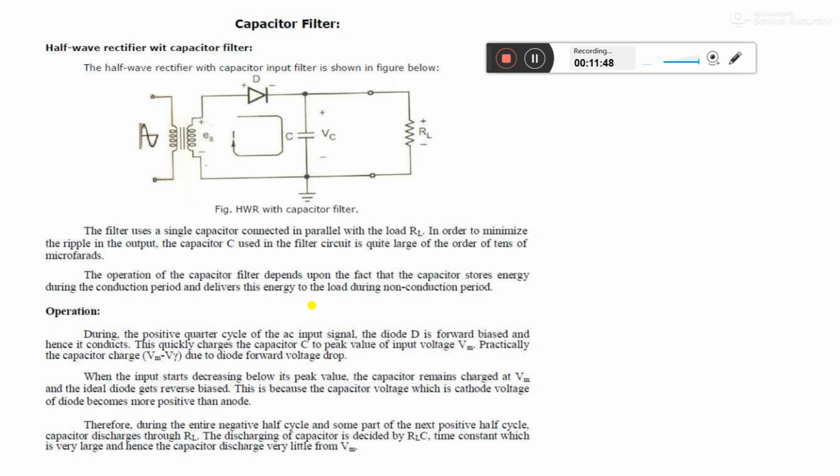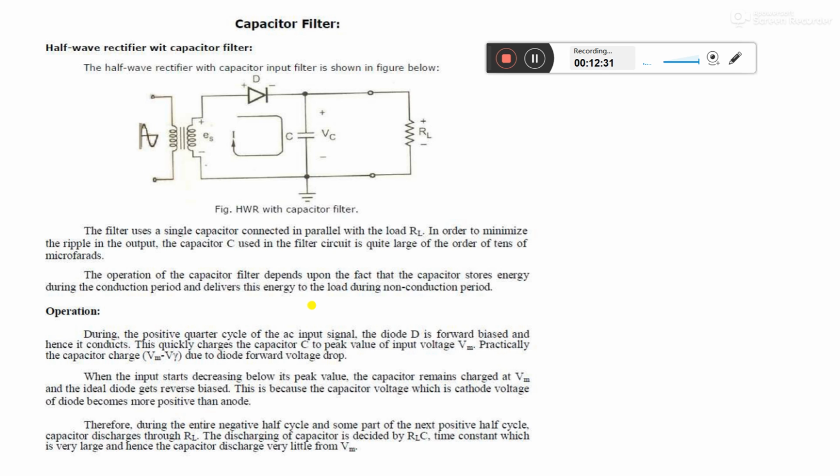The detailed operation is as follows. During the positive quarter cycle of the AC input signal, the diode becomes forward biased and hence it conducts. This quickly charges the capacitor to its peak. Peak means the maximum value of input voltage, that is Vm. Vm sin omega t is the actual function of an AC input signal. Practically the capacitor charges to Vm minus V gamma, due to the diode